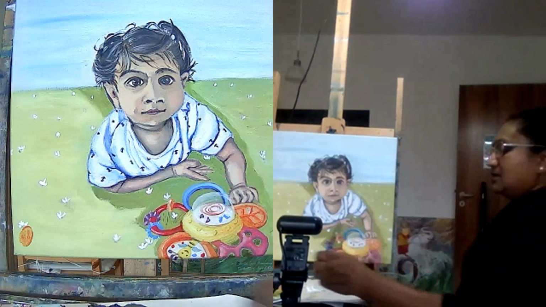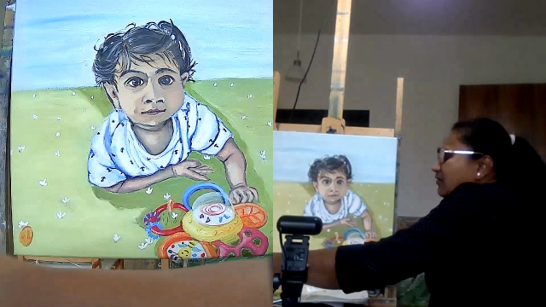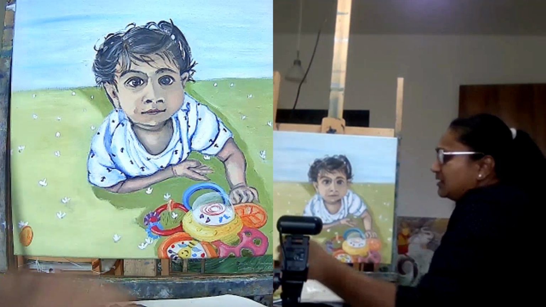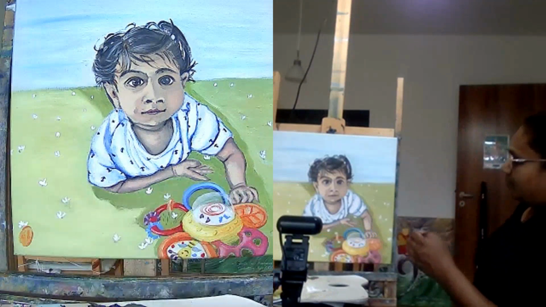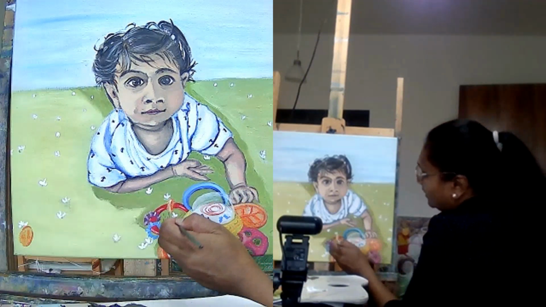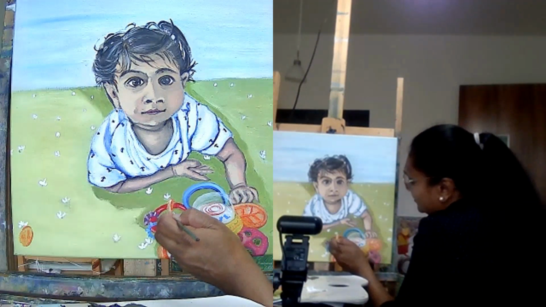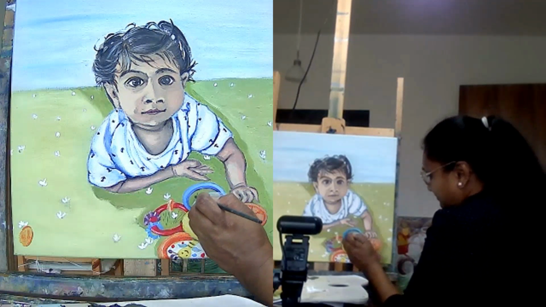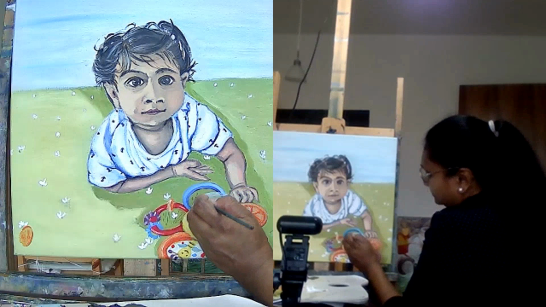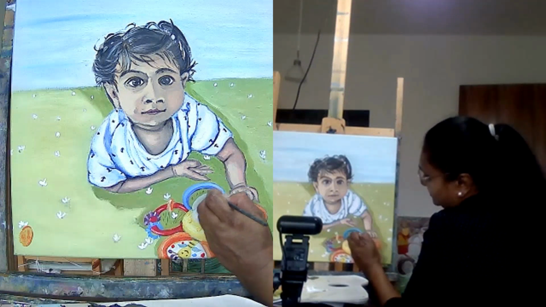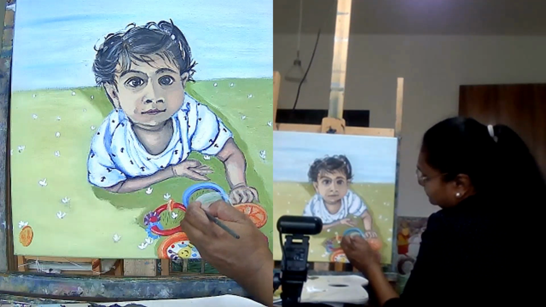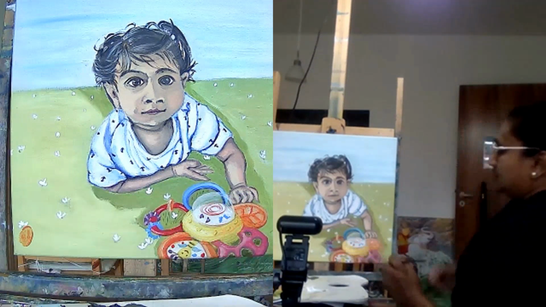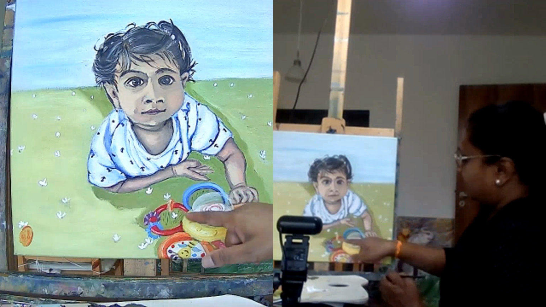Not too much. It's kind of suggestive. I'm not going to draw the whole plane line by line. I'm just going to give some suggestive lines to give a feeling of grass being present here. Nothing much. So that's what we did here.